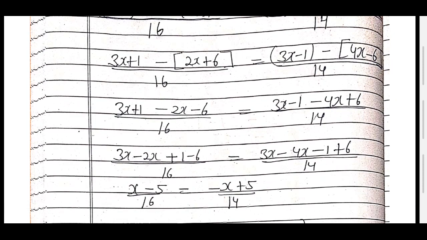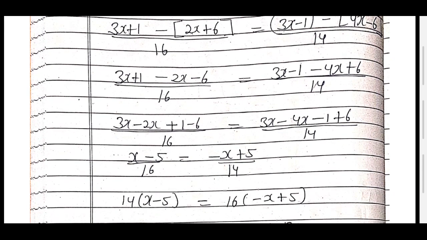Now just solve, because minus is there. When you open the bracket, their sign will be changed. Plus becomes minus, minus becomes plus. So it is plus becomes minus, it is plus becomes minus. This is the same. Here also it becomes minus, it is minus, it becomes plus. When you open the bracket and a minus sign is there, then the sign will be changed.